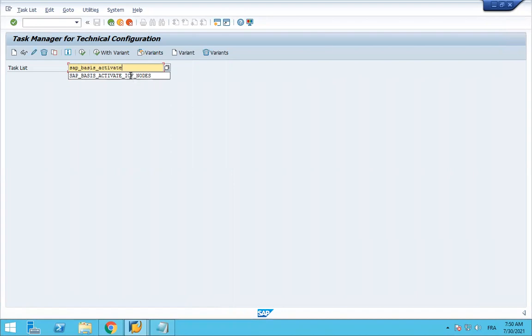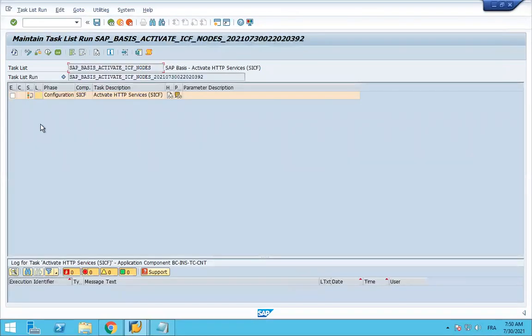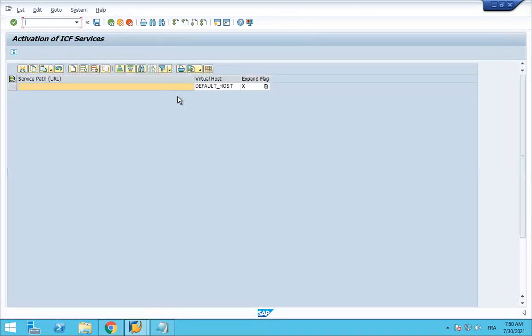Okay, we already have this here. You can click the end and then click to enter. After we already have the name, say basis activate HTTP service. Then click to execute. And then in execute, click here. And then click to field parameter. In field parameter, we need to put our URL path in ECF node.